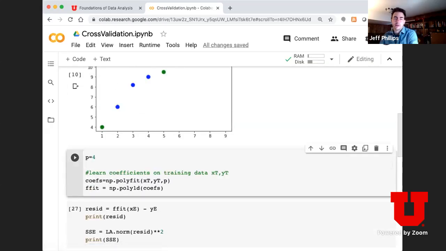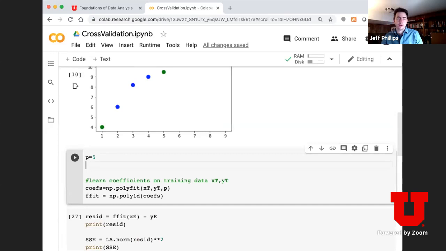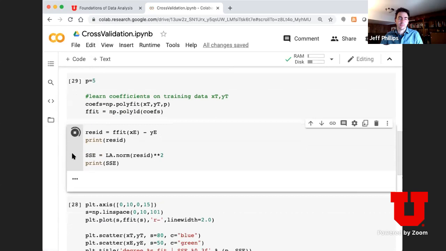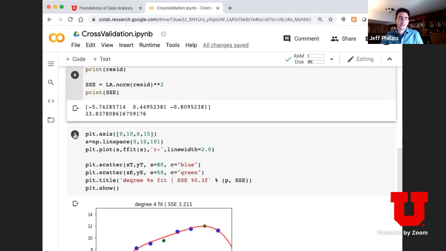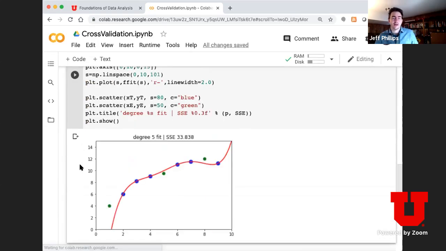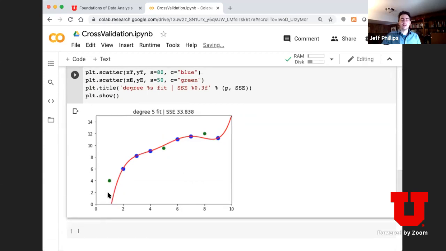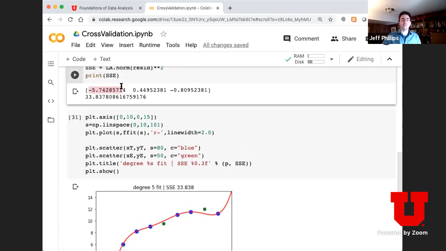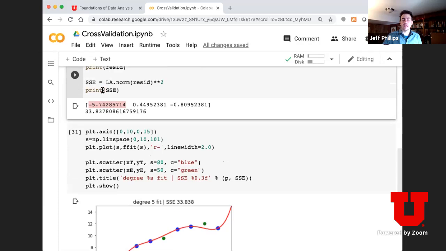Let's try again with 5. I may only have 5 or 6 training points. So 33 is my error, and let's see what it looks like. Oh gosh. This one is probably measured as this vertical error in the y distance, and it's probably predicting something which is negative here. So this one's probably giving me a lot of problems. A residual of -5 just for this one point. Squaring that is like 25 or maybe 28 or something.